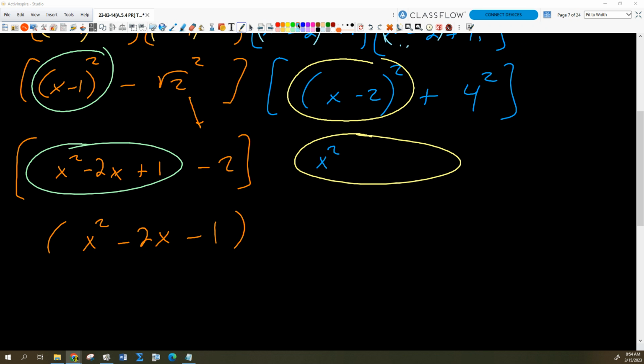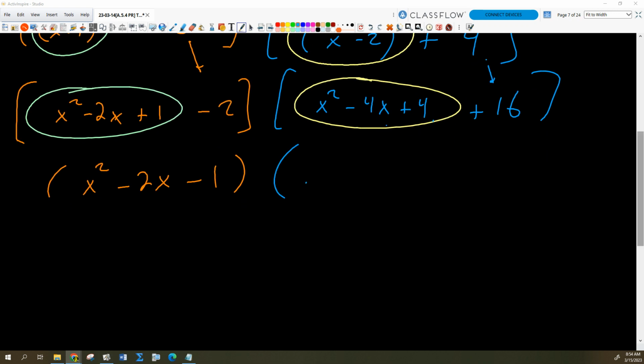Okay, I get x squared minus 4x plus, 2 times x times negative 2 is minus 4x, plus 4. And then here we just get plus 16, right? So if I combine like terms, all the blue stuff is just going to become x squared minus 4x plus